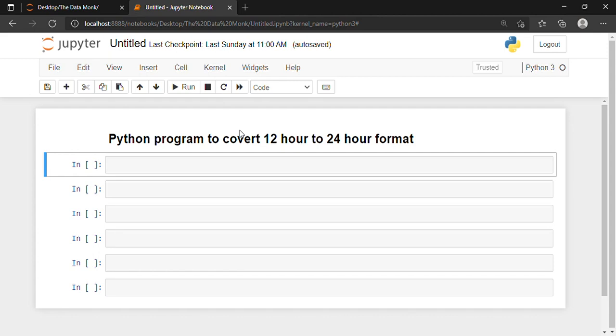So what will be the lines of code? First, we'll have to define a function to convert the time format. So let's write def convert24, and within the brackets